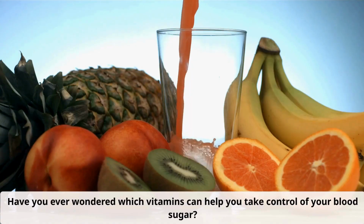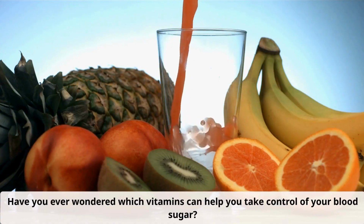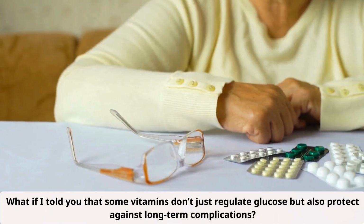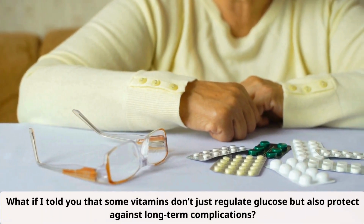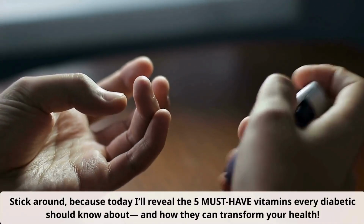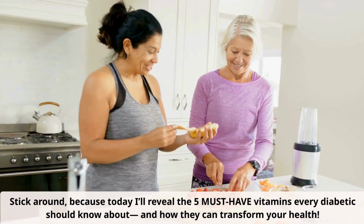Have you ever wondered which vitamins can help you take control of your blood sugar? What if I told you that some vitamins don't just regulate glucose, but also protect against long-term complications? Stick around, because today I'll reveal the 5 must-have vitamins every diabetic should know about and how they can transform